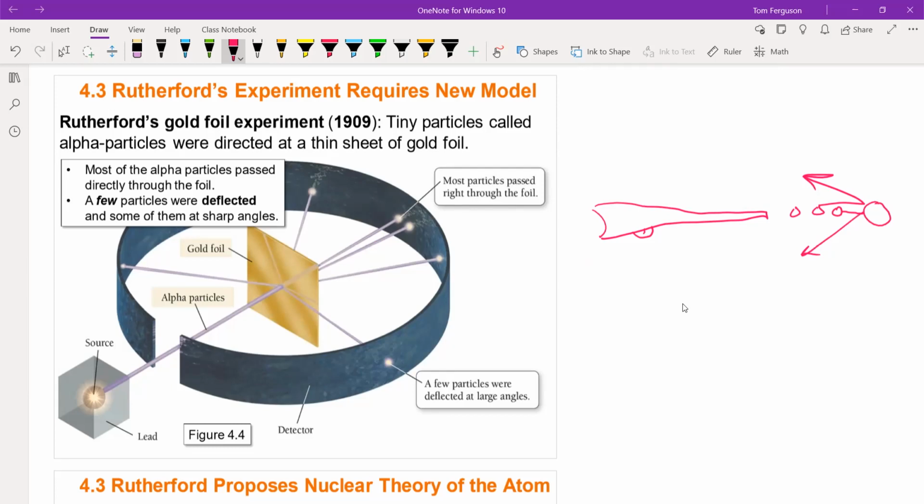And the interesting thing is, if the model was valid, the alpha particles should bounce off the gold atom. And there's a detector here that would detect where the alpha particles landed after they bounced off. Okay, what happened though is